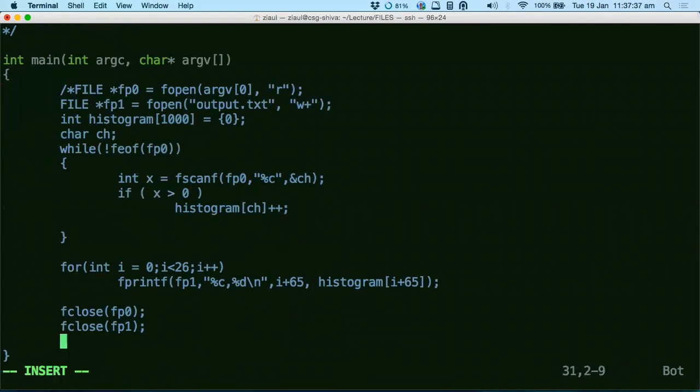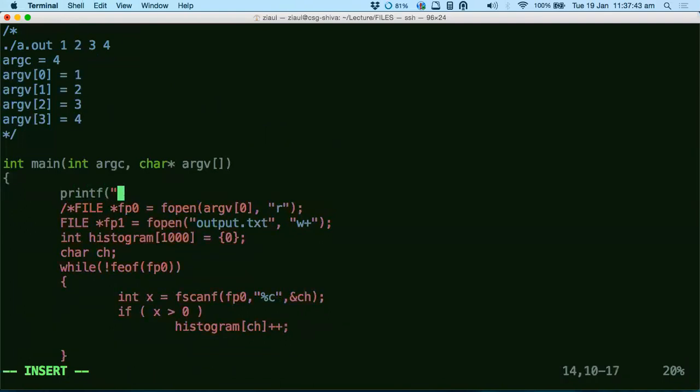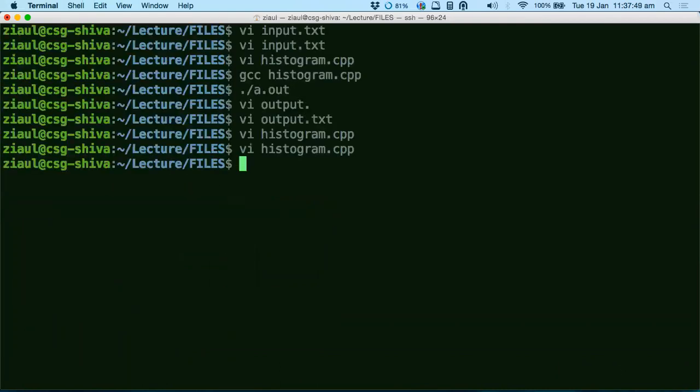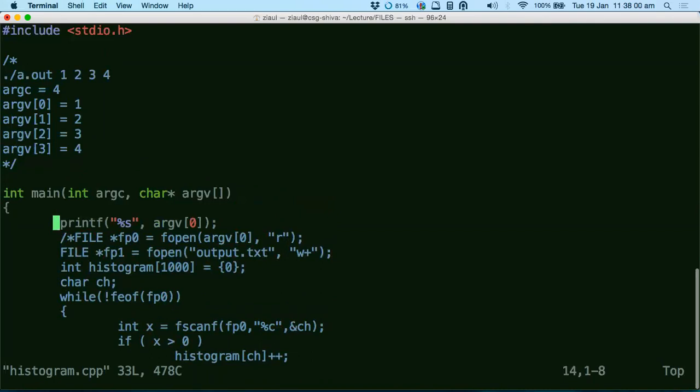So let me just comment everything out. And then I just want to say printf %s argv. Since it's a character pointer, I have to use character strings. See, argv[0] does not give you the command line parameter. argv[0] gives you, yeah, I was correct here actually. So this is how it gets stored. argv[0] stores the name of the executable. So argv will store the a.out value here. It will store the name a.out.